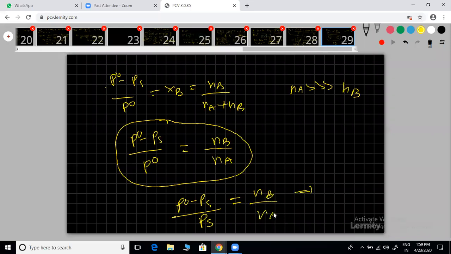In this formula, only weights are given. Are they asking anything related to Na or Nb? Then you can use this formula and get an accurate value without neglecting anything. You don't need to neglect anything here if you are using Ps. This can apply to dilute as well as concentrated solutions. Keep in mind, this is for calculating molecular weights only. If they are asking about P naught relative lowering of vapor pressure, you can use this formula again.